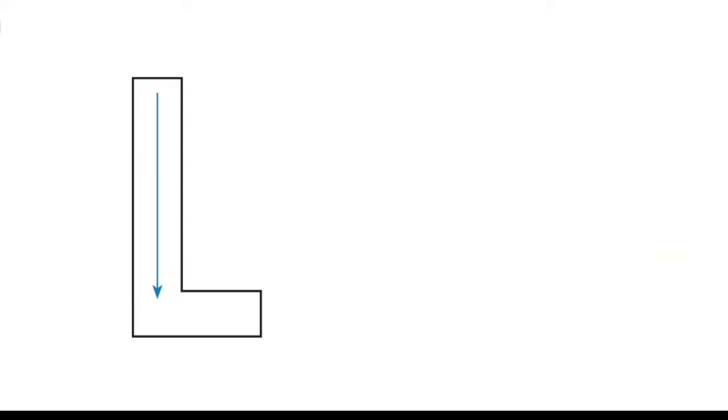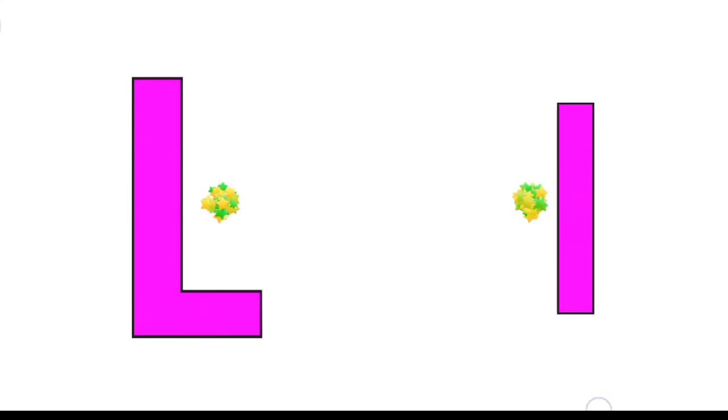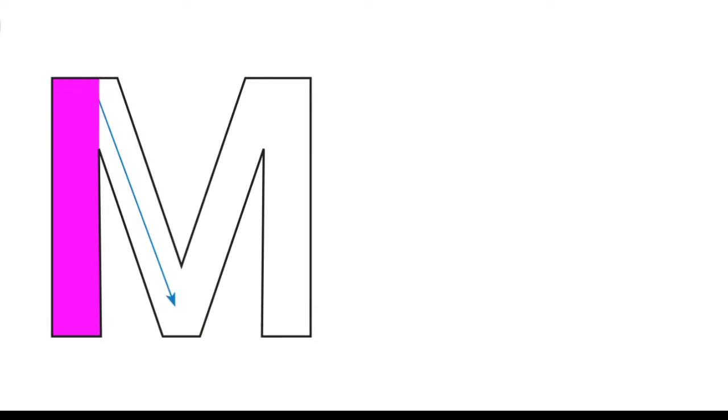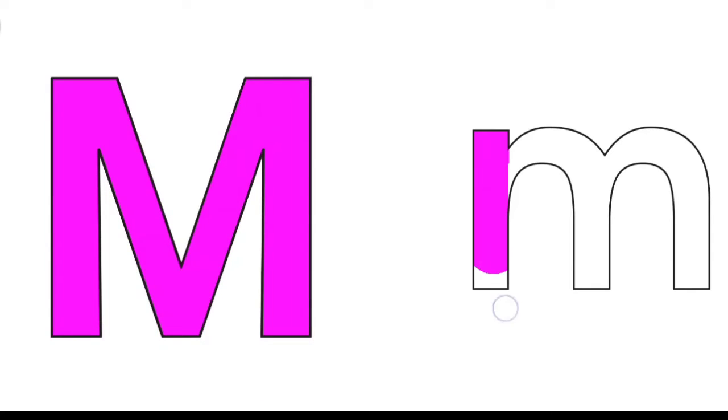L. L for lamb. L for leaf. M. M for monkey.